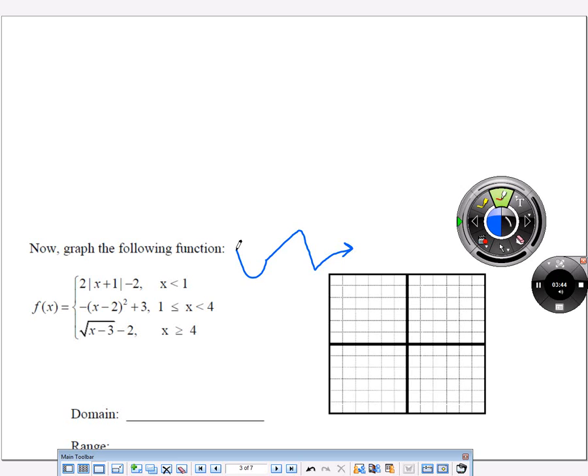Okay? So to build a better understanding of that, notice that we're trying to graph one function that has 3 pieces. Okay? These 3 pieces are the same as the 3 graphs we just graphed across the top of our paper, because I want you guys to understand how we're deciding what to graph where. Okay? So now I want you guys to take a highlighter or some different color that will stand out. And we're going to highlight each function, but only over a certain domain. Okay? So